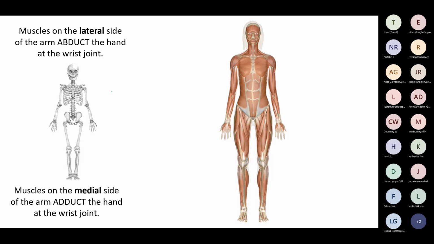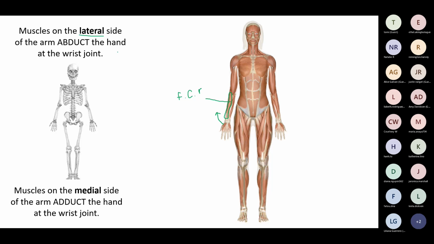So when we're thinking about doing abduction and adduction at the wrist joint, the muscles that are going to help us do that live on different sides. If you live out here on the thumb side, on the lateral side, this, by the way, is going to be flexor carpi radialis. We're on the thumb side. When this muscle contracts, it's going to pull the wrist toward the outside. The outside, the lateral side of the arm, is going to help me do